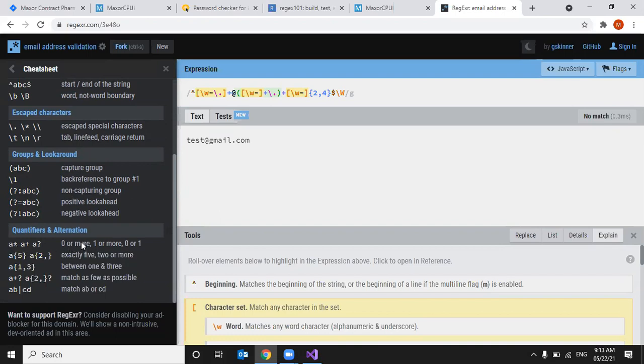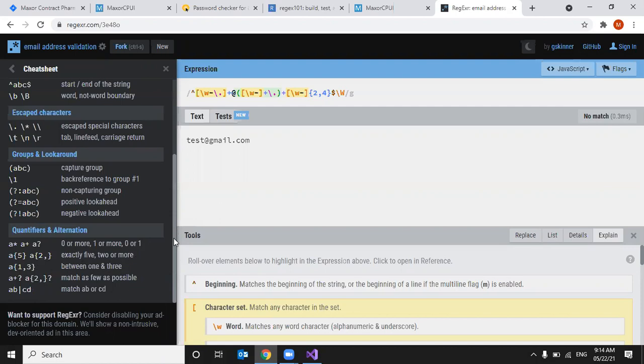A star is 0 or more, A plus is 1 or more, A question mark is 0 or 1. If we specify A curly braces 5, then A must be exactly 5 times. A curly braces 2 comma means at least 2 or more. And AB pipe CD means you can enter either AB or CD.